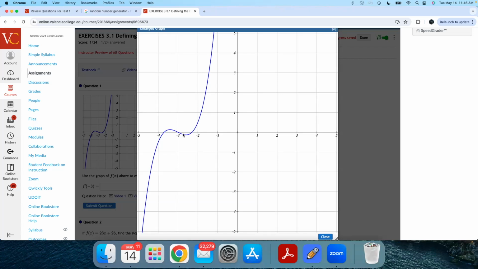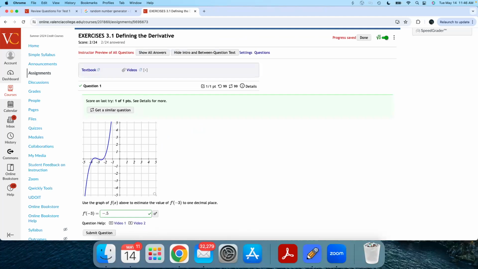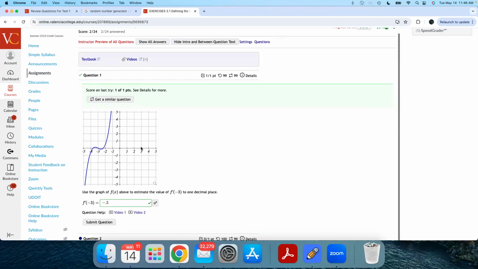That looks like it's a slope of, let's see, I went down 1 and over 2, about -0.5. And there's some wiggle room here because we're just estimating. So it's about -0.5. And hey, I got it right. That's what we're looking for